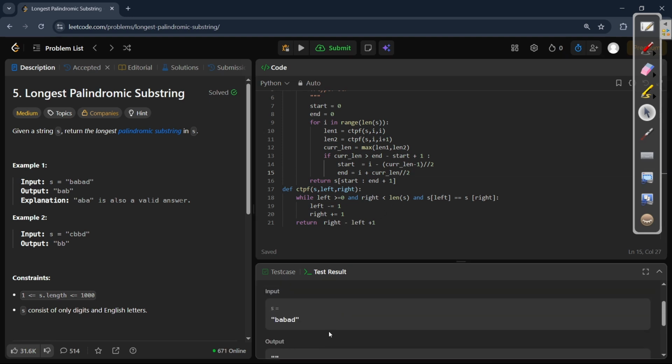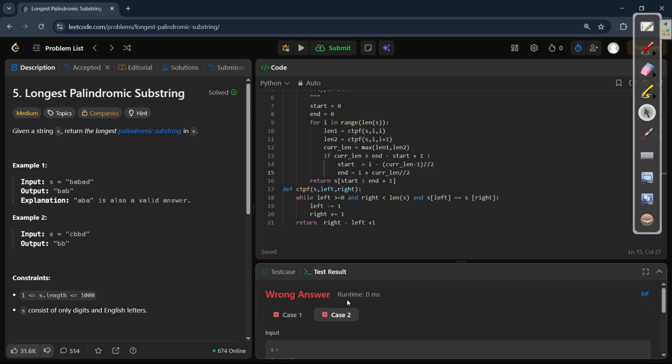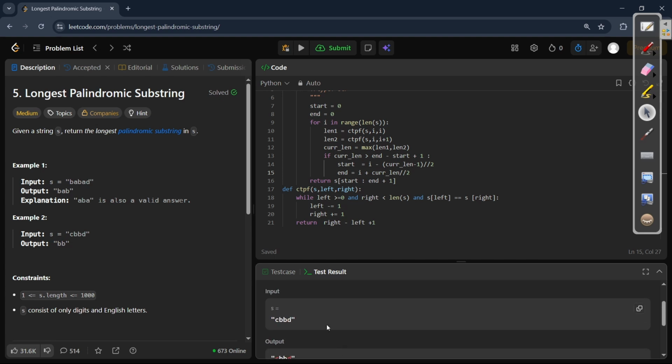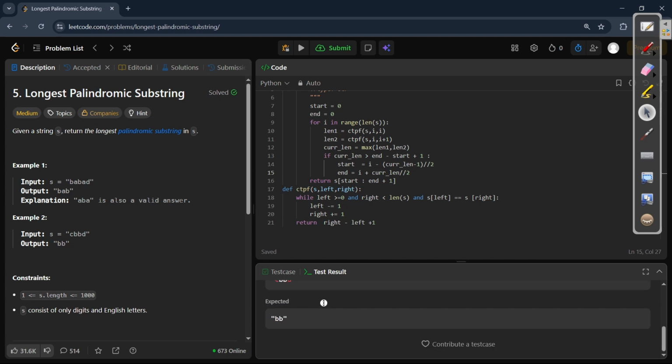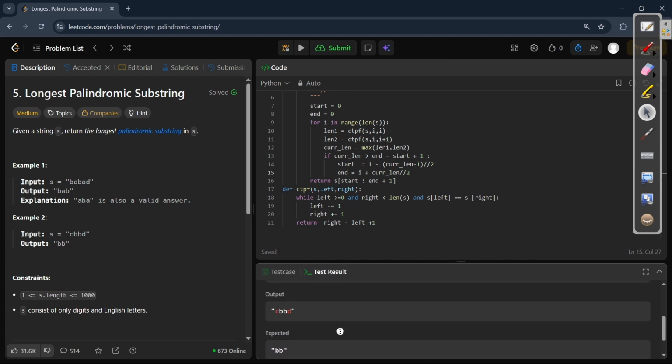We are getting errors in both of them. One is just returning the string, another one is just